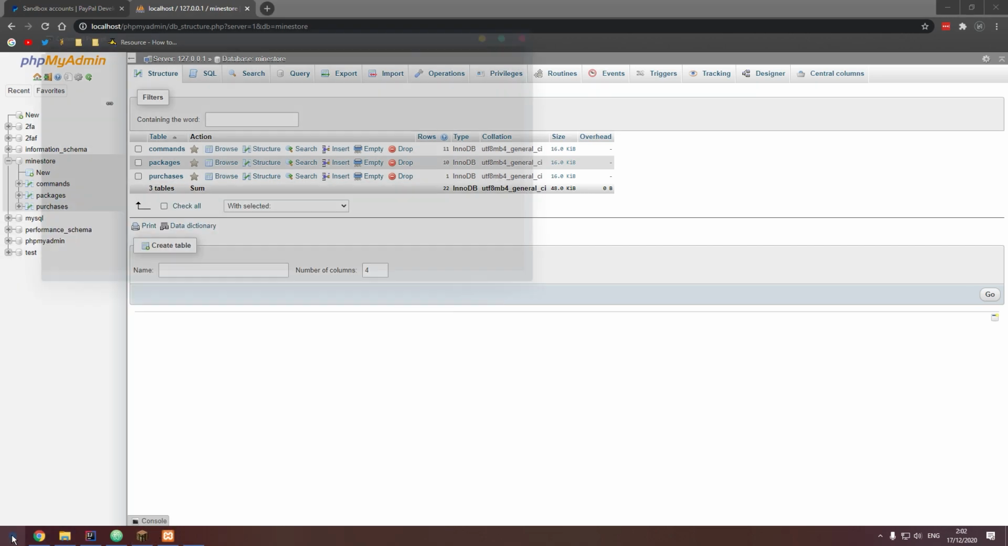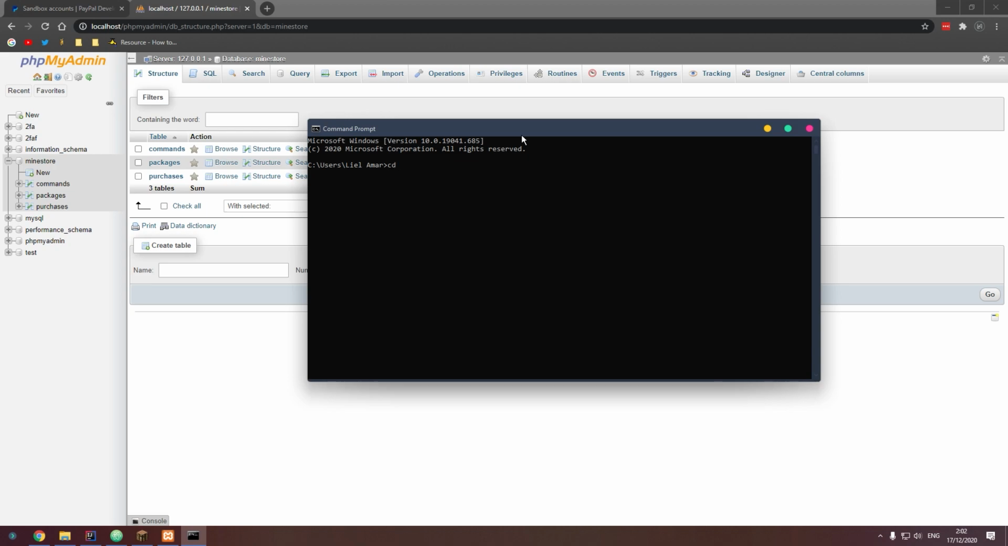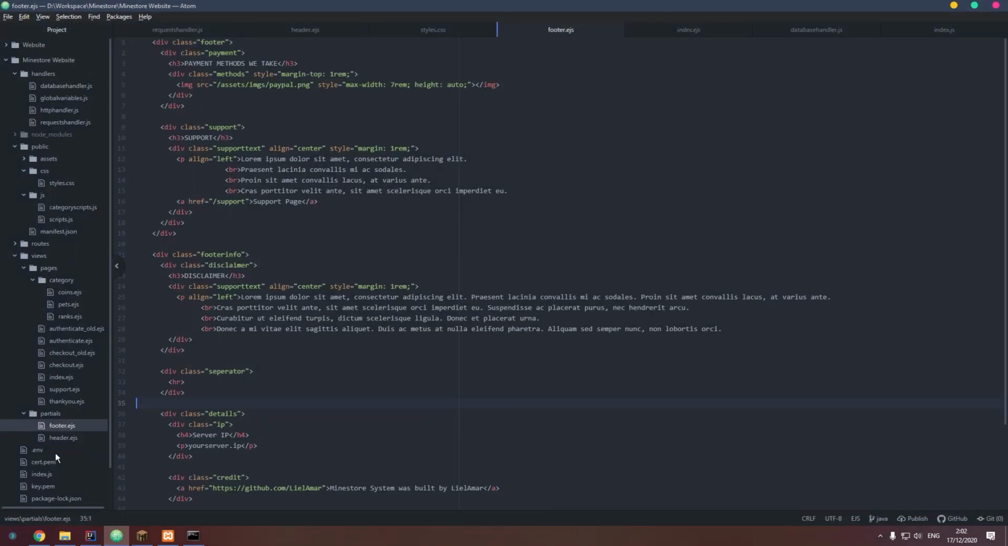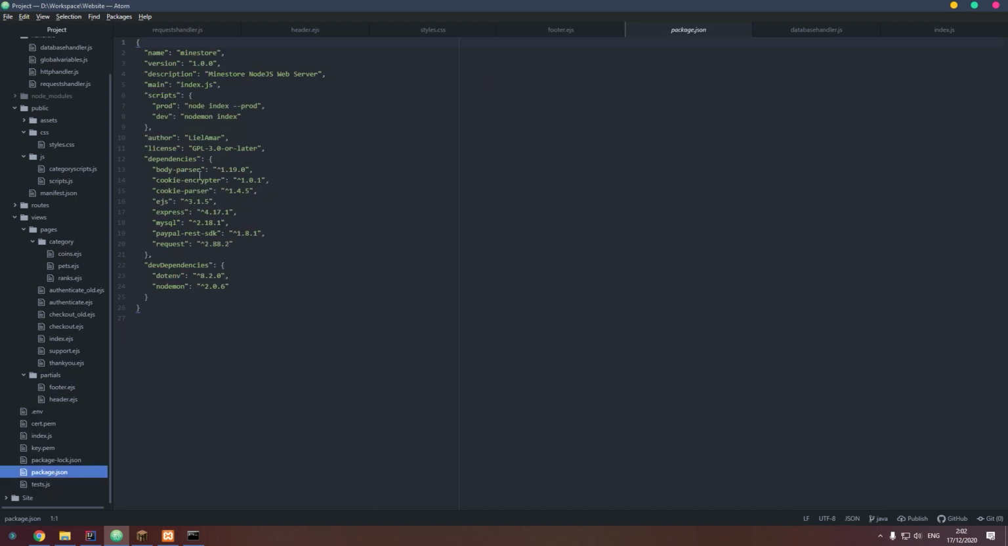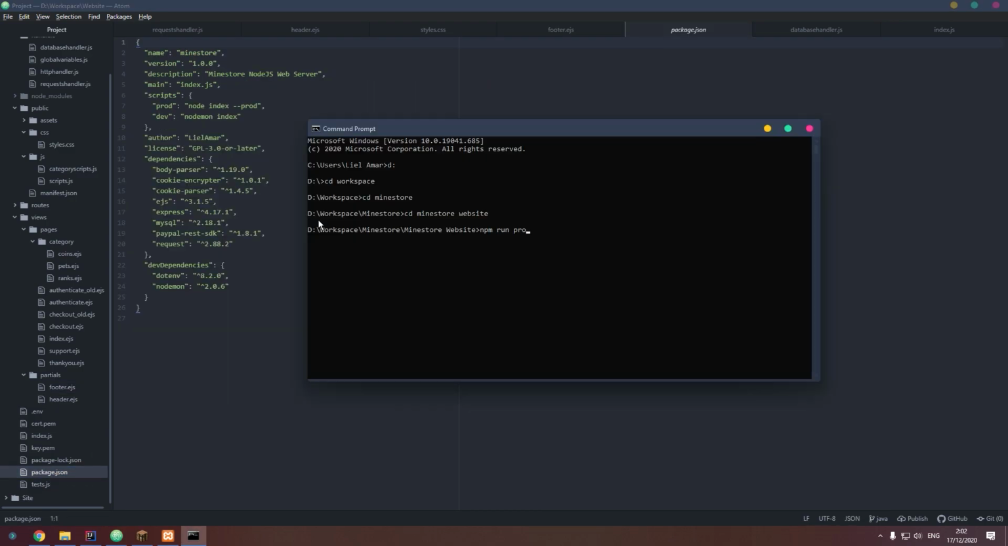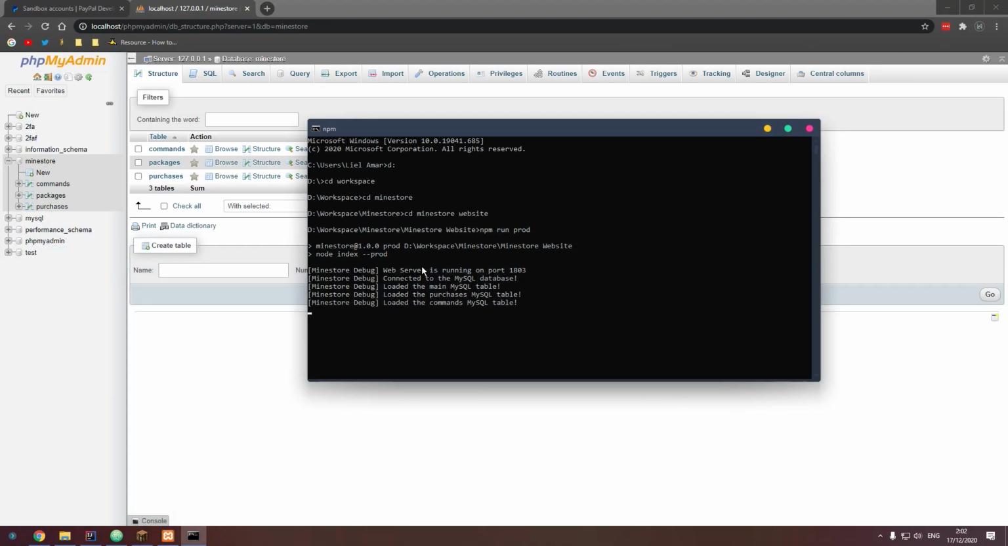So first of all, I am going to start off by going to the hard drive and then going to cd workspace, cd Minestore, cd Minestore website. Obviously it's going to be different for every user, because the path is going to be different. But then what you want to do is npm run, and to be honest I don't remember the script for production. I think it's prod. Let's see. Yeah, it's prod. So npm run prod,